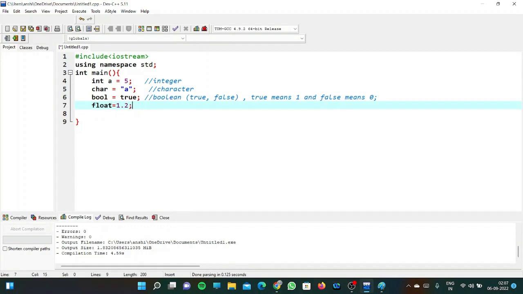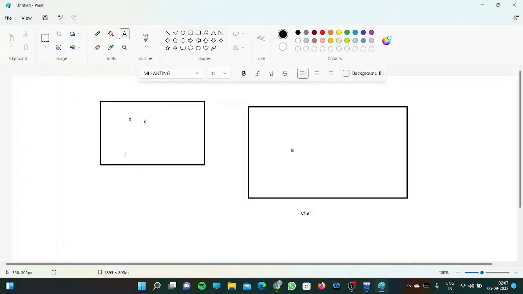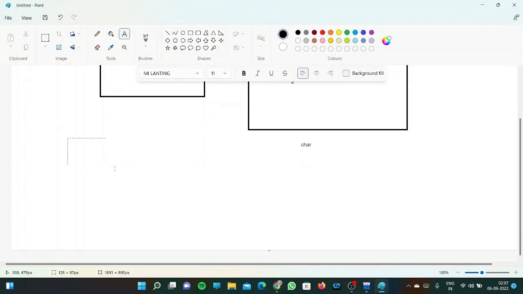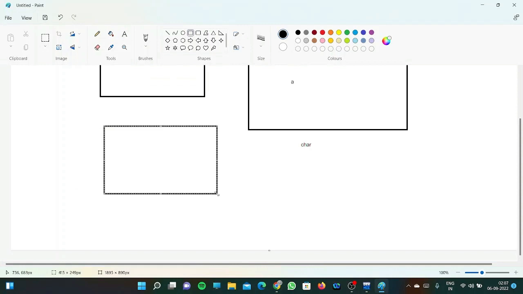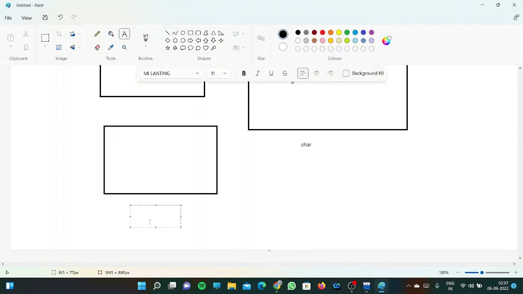So let's take float t, right? So float we always use decimal point number, and again, if we say that when we use float, a block is created in the memory whose name is t and the value assigned to it is 1.2. Okay,